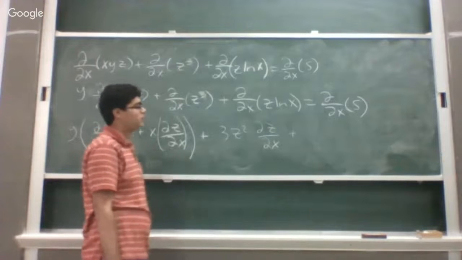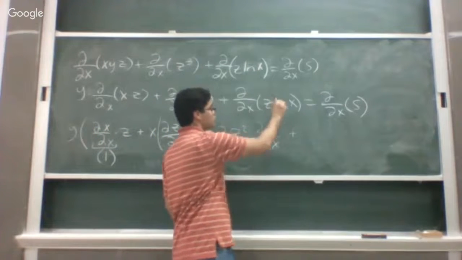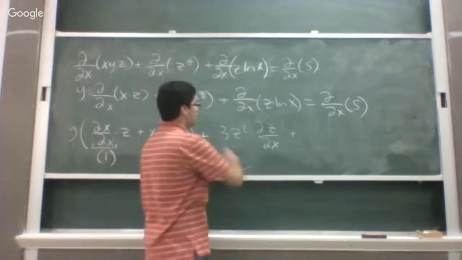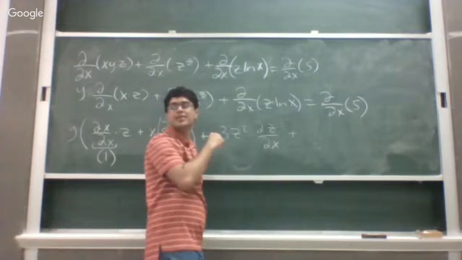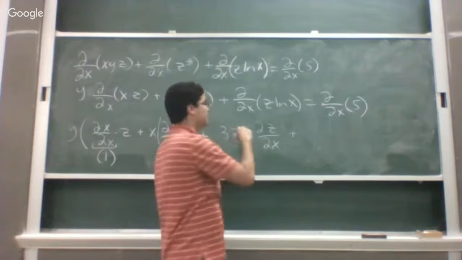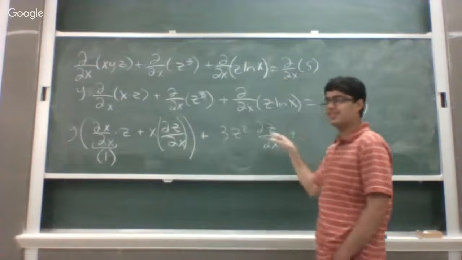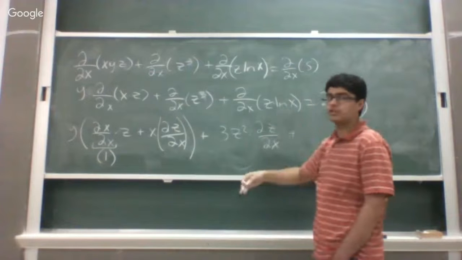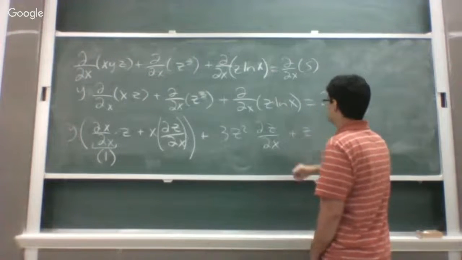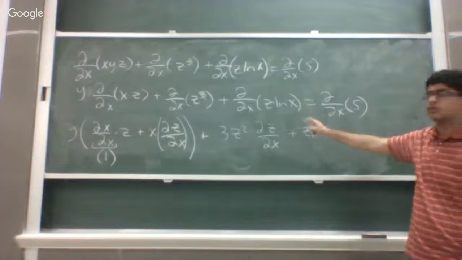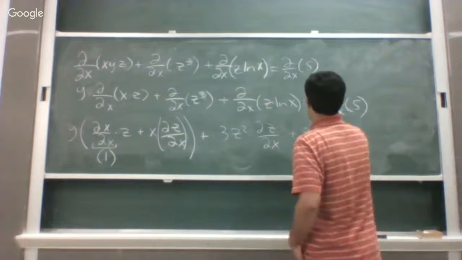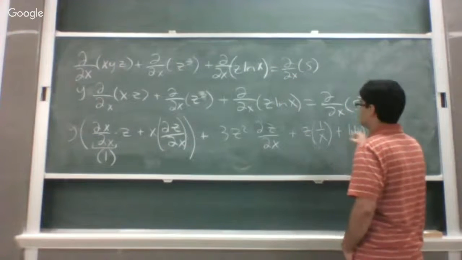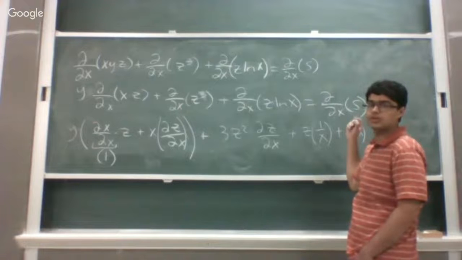Plus. Now, what rule do we use here again? The product rule. Did this make sense? Yeah. We keep the product rule. First term times the derivative of the second, z. What's the derivative of natural log of x? 1 over x. Plus the second term, natural log of x, times the derivative of z, which in this case would be